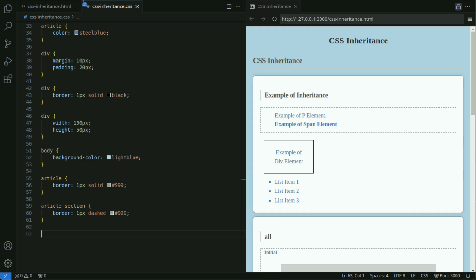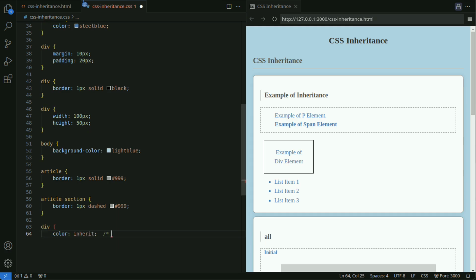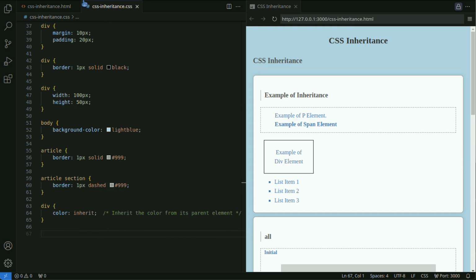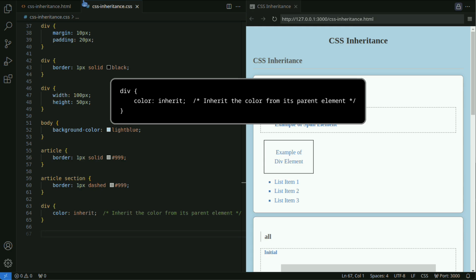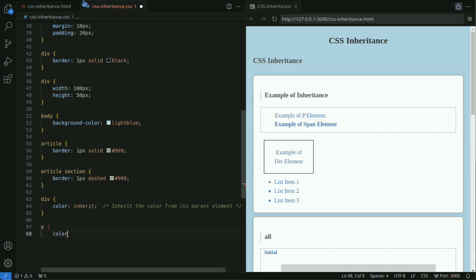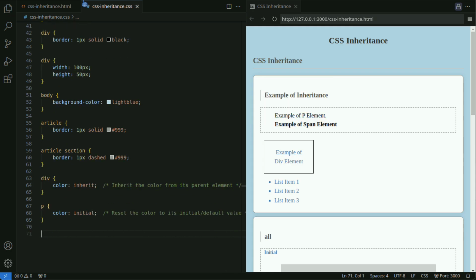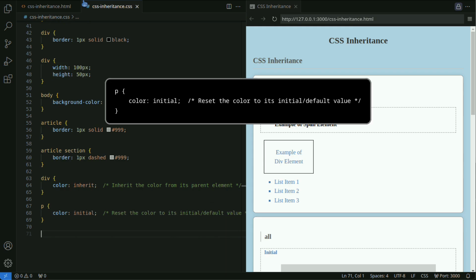Inheritance can be controlled using the inherit, initial, or unset keywords. If you want to inherit, you can explicitly force inheritance using the inherit keyword. If you don't want inheritance, you can reset the property to its initial value using initial or unset.